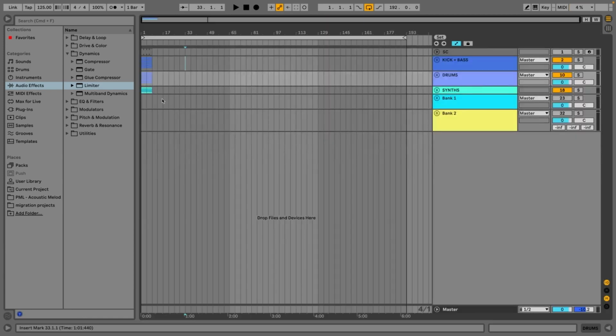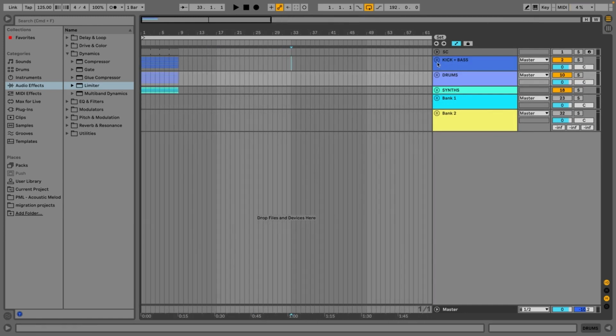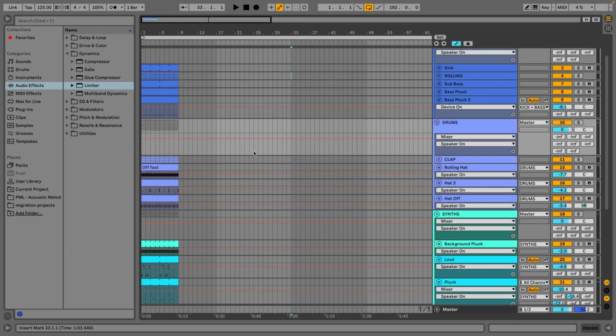So we're going to move to the arrangement view here, and I've already dragged all of these stems that we have in here. And a common thing that I see that I don't think benefits a lot of people is arranging from left to right and basically producing the full track from left to right. So when you're worrying about the intro, you're already putting in a riser, you're already filtering, putting in automation and stuff like that. Again, that's kind of like putting the finishing touches on a painting on one half of the canvas when the other one isn't even roughly outlined yet. And I think that leads to a lot of extra work, and also, again, to losing your way a bit,